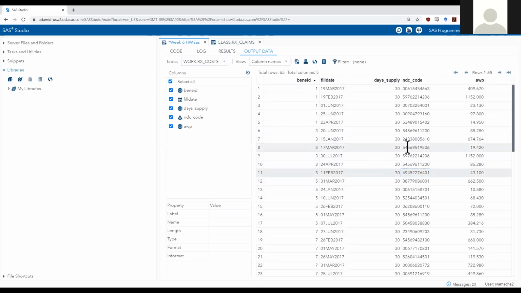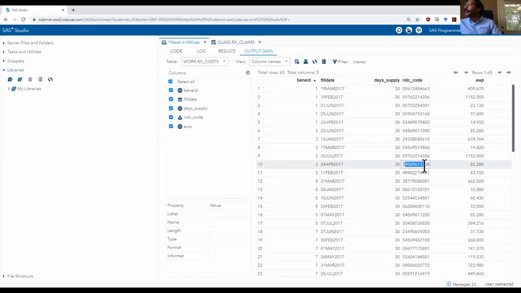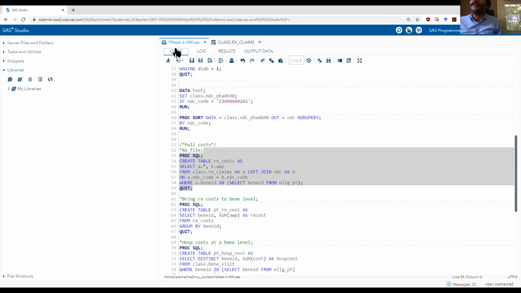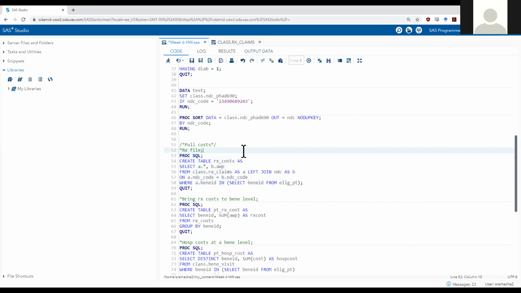Yeah. So look, if you see here, the NDC code 545 is repeated thrice. Yeah, it's fine. 85 is the same all 3 times. Yeah, right. Okay. It's just confusion. Thank you for clearing. So yeah, I know it is confusing, but doing it this way makes sure that if somebody got the same prescription repeatedly 3 times, we still count all of those costs, right?